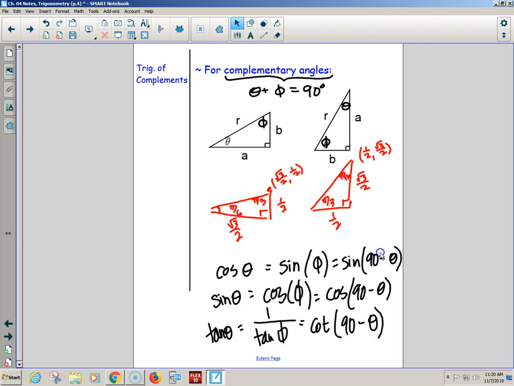Have any of you guys ever realized that cosine is just sine with a co in front? Yeah. And cosecant is really just secant with a co in front? And cotangent is really just tangent with a co in front? So they're called co-functions because of this complementary relationship. Cosine is the co-function of sine. Cosecant is the co-function of secant. And cotangent is the co-function of tangent. It all comes back to this complementary relationship. I can keep going with cosecant and secant, but it's all right. You should know.